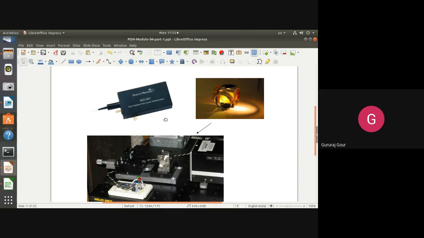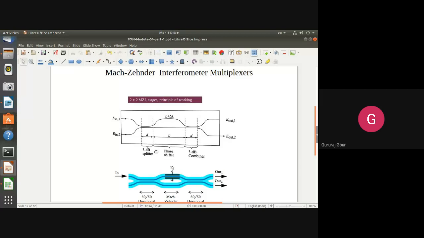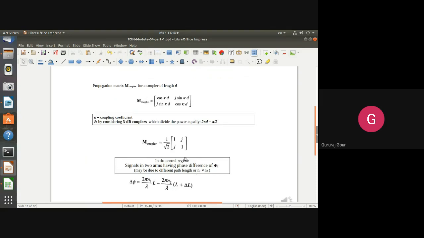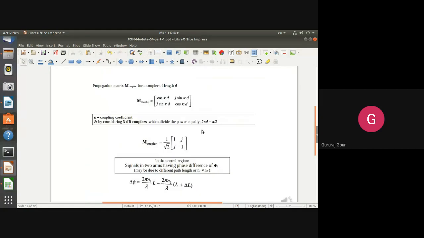So this is a normal commercially available MZI interferometer multiplexer. And next we have gone through the derivation for the path length difference, how we are going to get it in this interferometer multiplexer. So in the first section, we defined the coupling matrix concerned to the splitter and the combiner, that is the first and last directional couplers. That is this equation you got. Later, by assuming the path length difference, that is L plus delta L, that you have to explain during the construction part, you are going to get the path length difference, the phase difference delta phi.